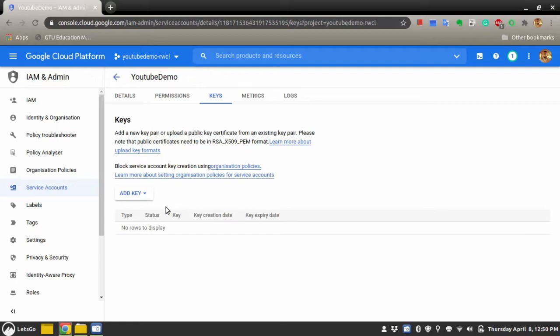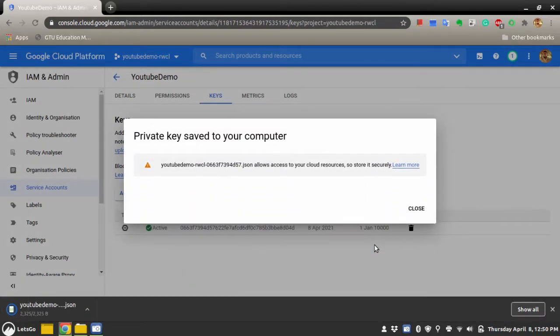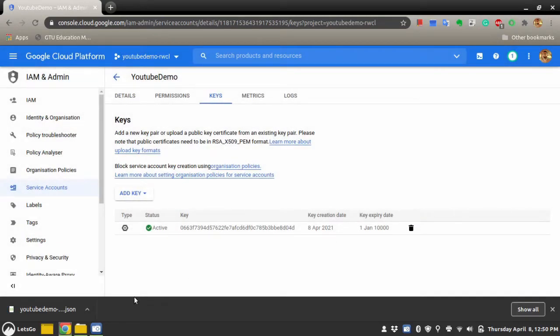Here in the manage keys section, you see the add key button, create new key. There are two options, P12 and JSON. Usually I go with JSON and hit create. It will create a private key for the service account and download a JSON file.